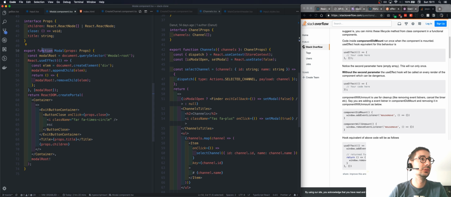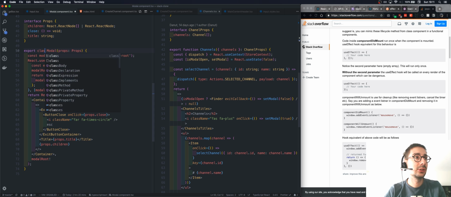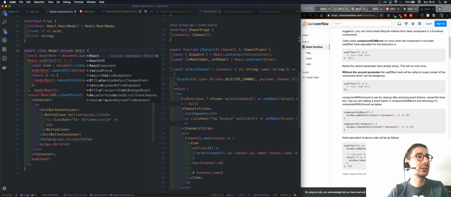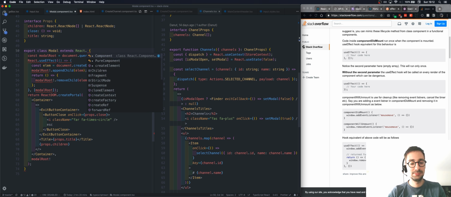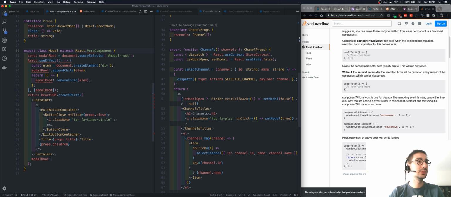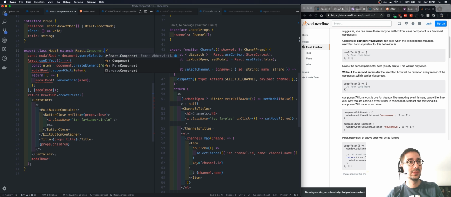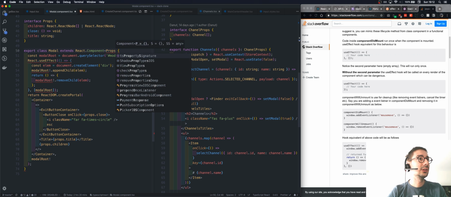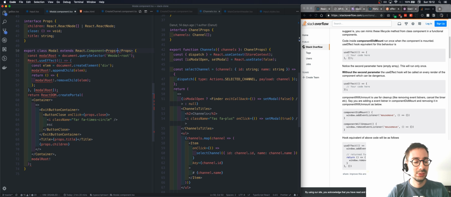So I'll try to do import class Modal, and this one we don't need. And React component. No, it's just a component. Children are objects, and props like this. Do we have any state in it? No. Okay. So